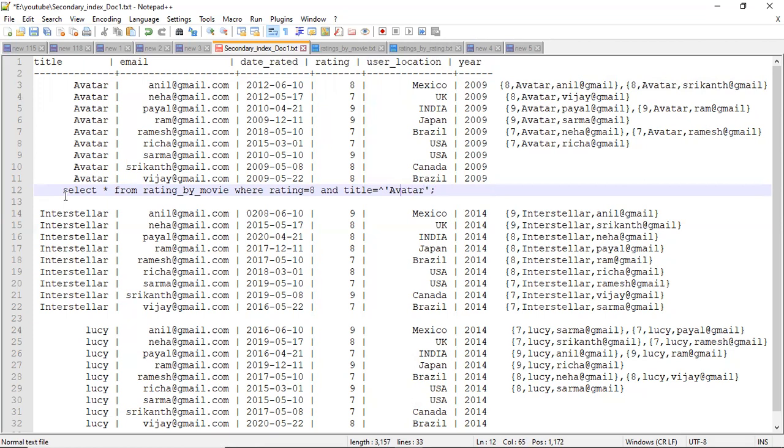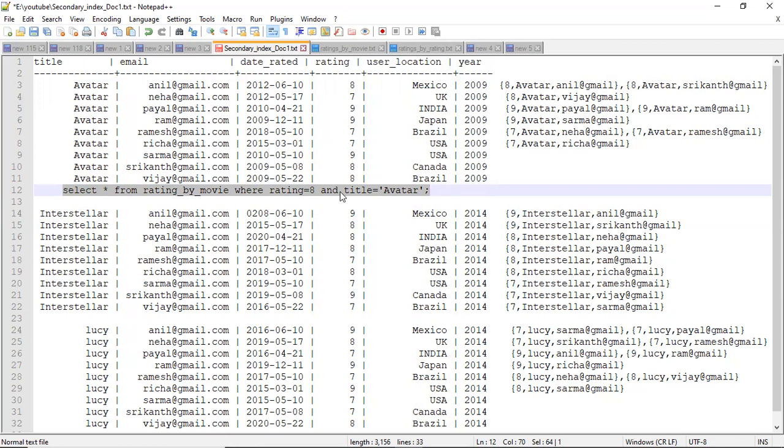Now, this is what you should use. This is what a real transactional query looks like, right? When you run this query, it just goes and grabs the data from one single node, isn't it? So you are limiting your query to a single node, and it is a very fast way of getting the output,